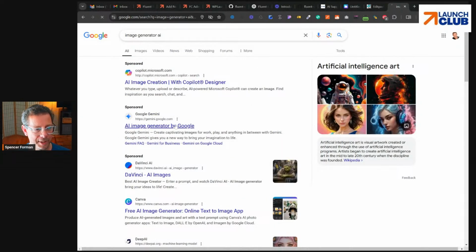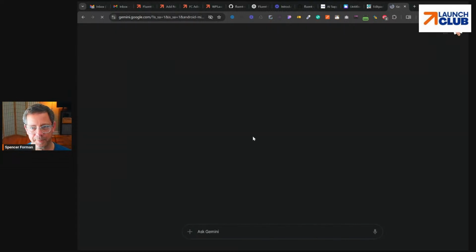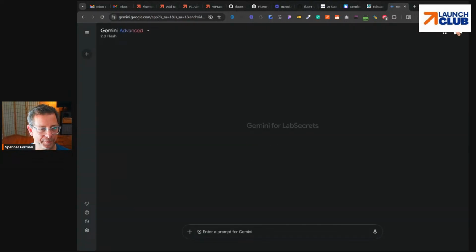It's interesting. I've got Gemini. Let's see what this does. I've not tried doing the image creation as part of the process for this because I think voice and text is probably more relevant, but let's see that.